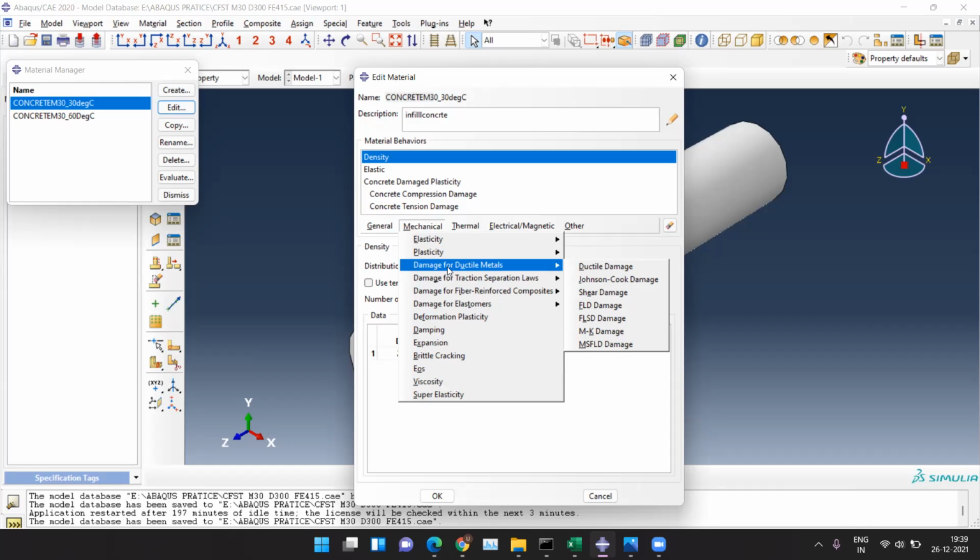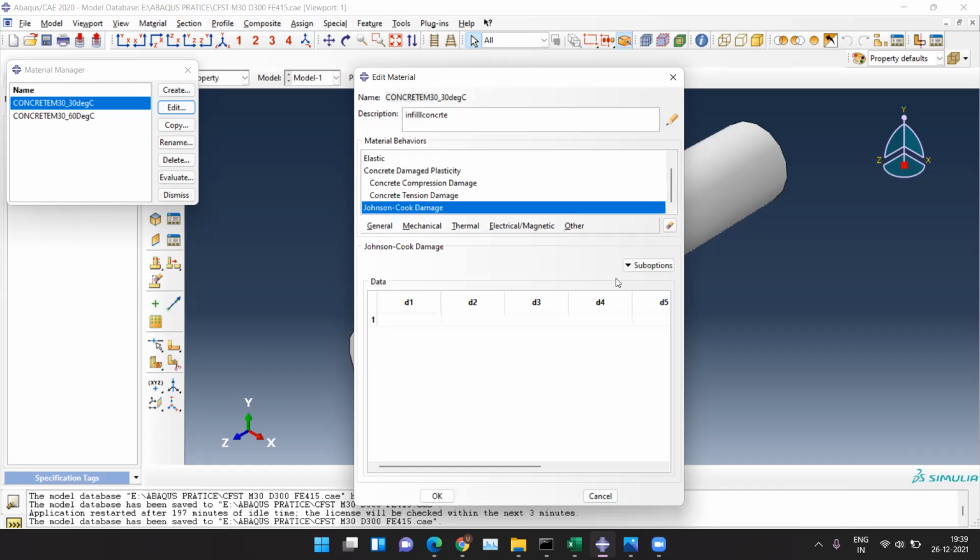Concrete is not ductile; concrete is a catastrophic failure, brittle in nature. So you have to use damage for ductile materials only for the steel, and then use Johnson-Cook damage. After clicking on Johnson-Cook damage, you have to provide these D1, D2, D3, D4, and D5 constants. One more thing: the transition temperatures and reference strain rates. You have to collect these values, and then you can feed them here.